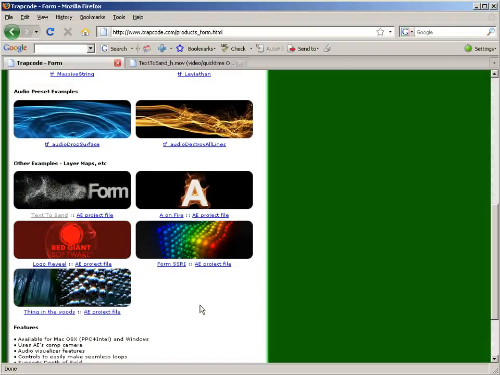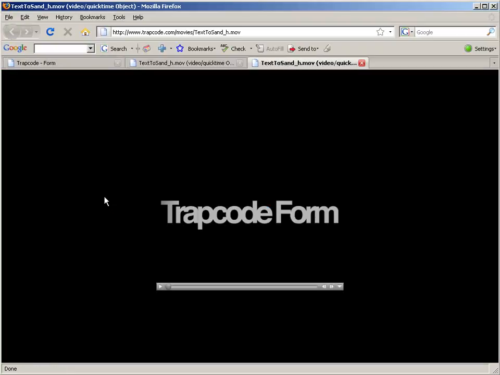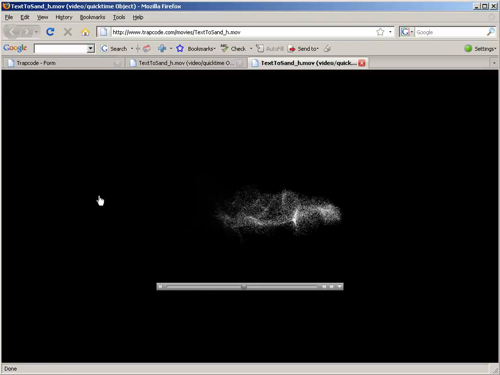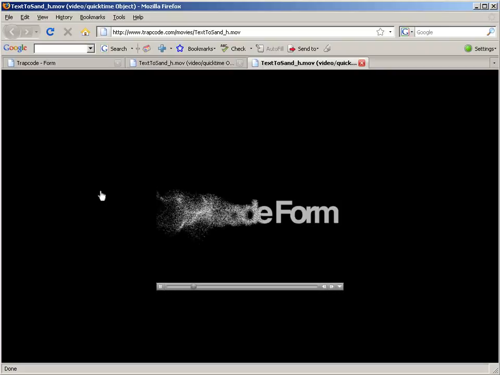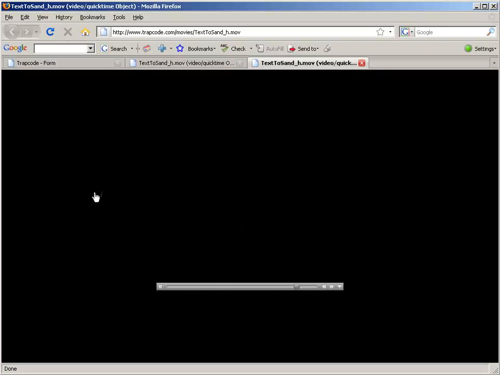Now, I got the basics set up for creating this effect from Petter Norby, the creator of the Trapcode product line. But to many, this project file, which has sat on his website for a while now, has remained a mystery. No, an enigma wrapped up in a mystery. But today, my friends, we will decipher the code and go from passive observers to active participants in the world